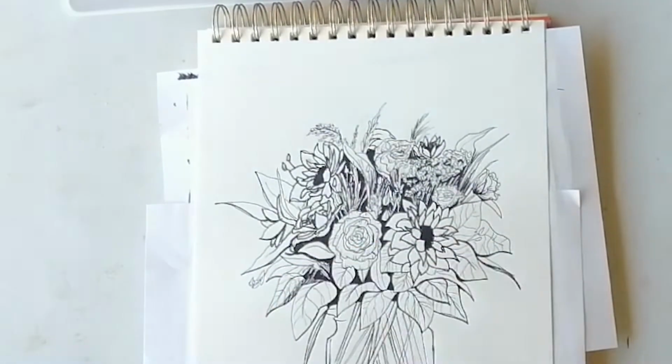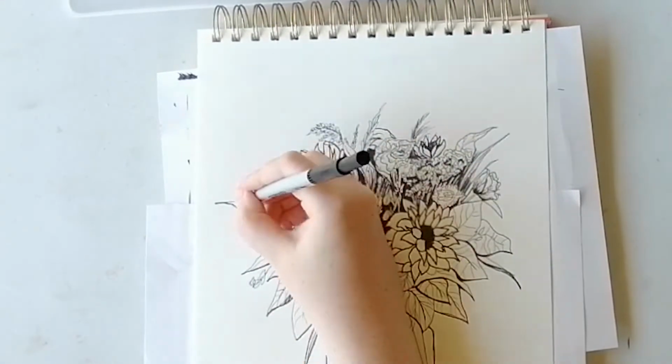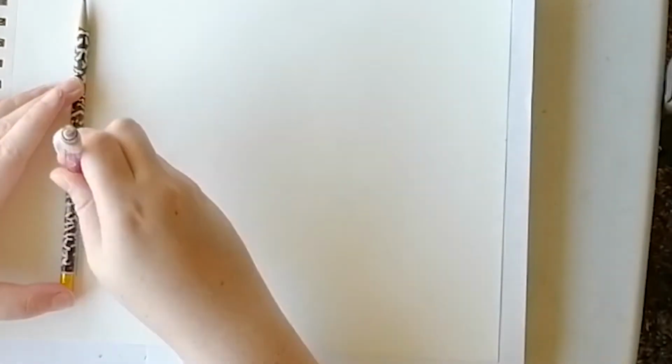Yeah, like I said, I'm adding all the veins to the leaves. A whole bunch of depth. Alright, on to the next prompt. And the next prompt is...